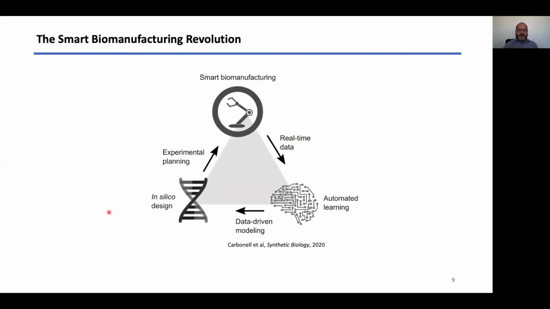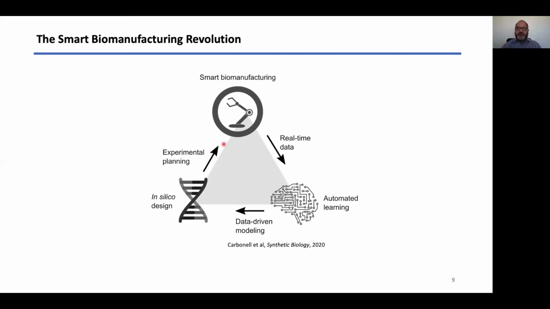And this is what we now call the smart biomanufacturing revolution, which is a new way of integrating in silico design, which is the modeling, the computational part, with smart biomanufacturing, the equivalent of smart manufacturing. Smart manufacturing is a concept coming from Industry 4.0, from the Internet of Things, that sees a